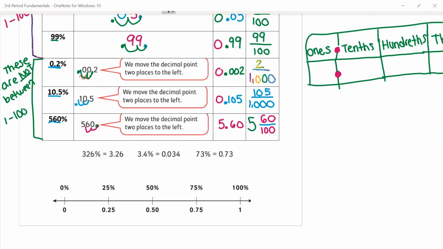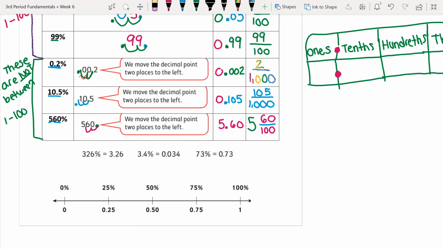So you might want to pause to just copy down this number line exactly how you see it. And then we're going to draw some arrows to decide where these 3 numbers go. So at least pause the video right now and draw this number line. Awesome. Okay, so we have these numbers,